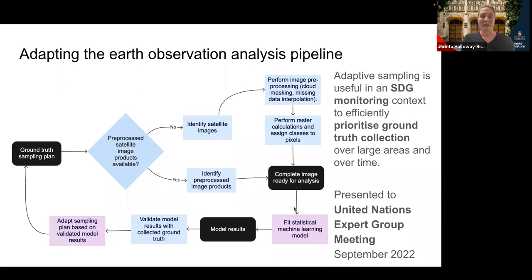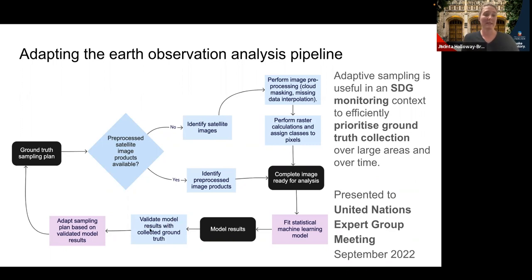And then from here, people fit a machine learning method quite often, and that's not just because they're popular, but because they're scalable to satellite images. They can work really quickly and well for millions and billions of observations. And then people get their modeled results, and then they validate those results based on the ground truth data that they have from the field, if it's available. And usually the pipeline ends there.